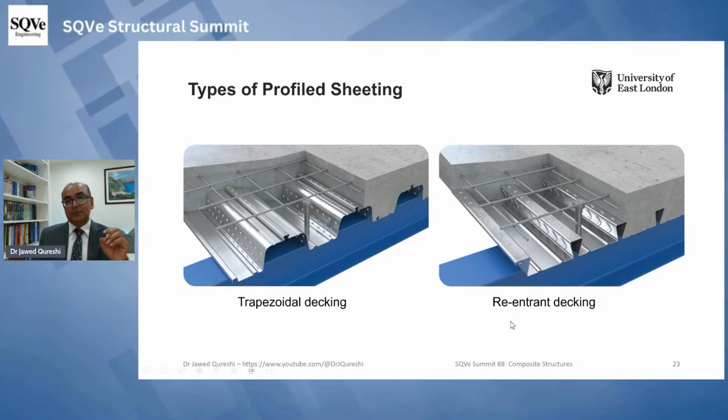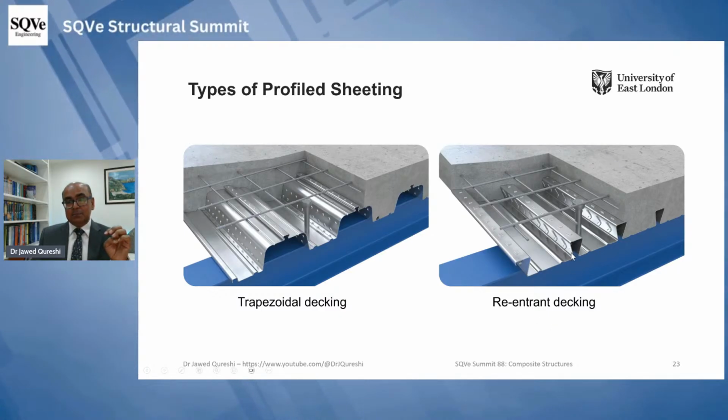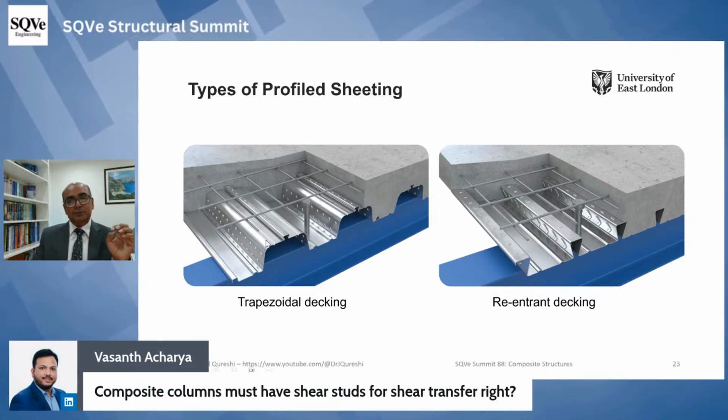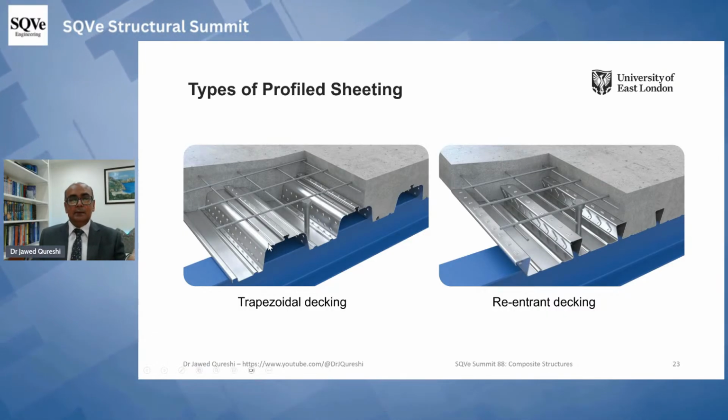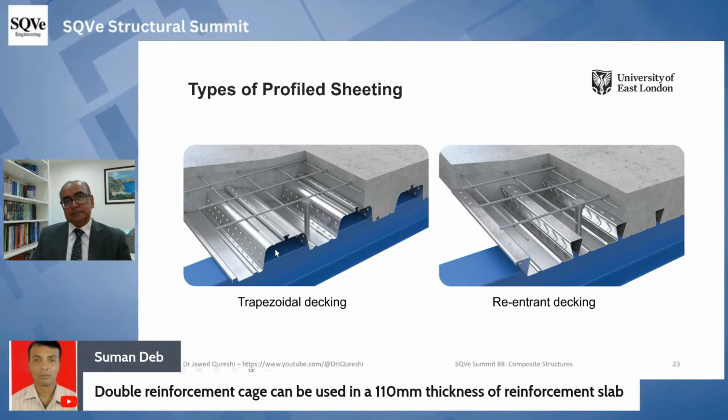Another one is re-entrant decking. Re-entrant decking, again, the shape is different, but the only limitation is that this goes up to probably 50 millimeter deep decking, while this trapezoidal one starts with 60 and then goes to 80, and in some countries they have 100 as well, and in the UK we have about 150 decking, which has been recently released. Not recently, I mean in the last 10 years. So these are two types of deckings that we use. Re-entrant decking is termed dovetail decking as well in some countries.